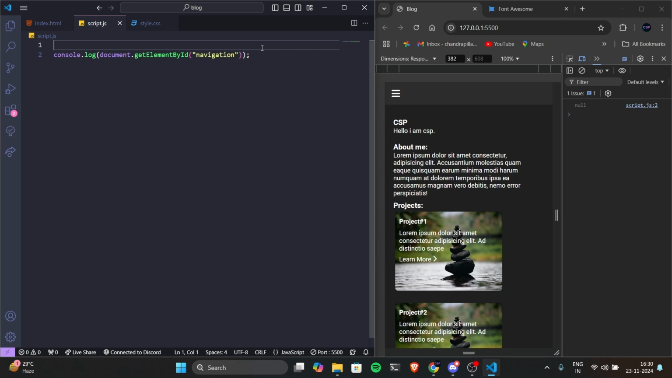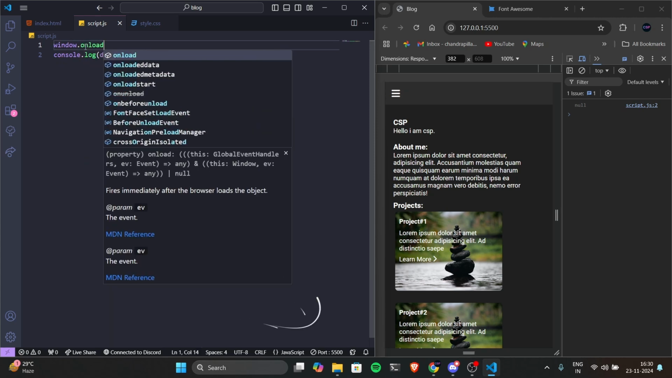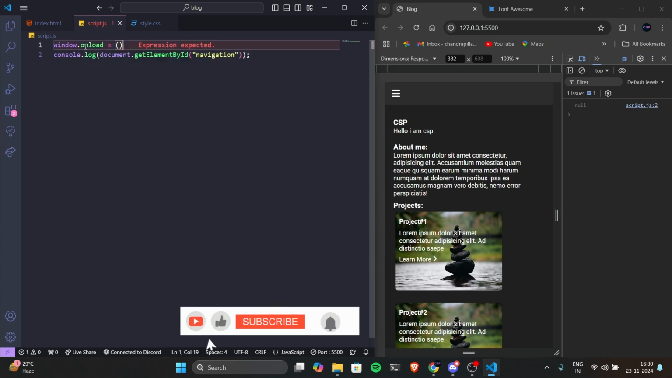To do this, we can simply call the addEventListener function, or we can use "on" plus the event name. For example, if we want to print this navigation element, all we have to do is console.log it when the page is loaded. So I will simply do window.onload equals, and if you use these braces, that means we are going to use a function,